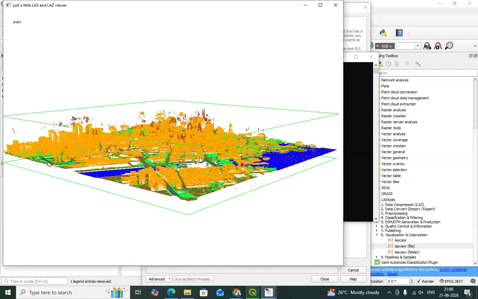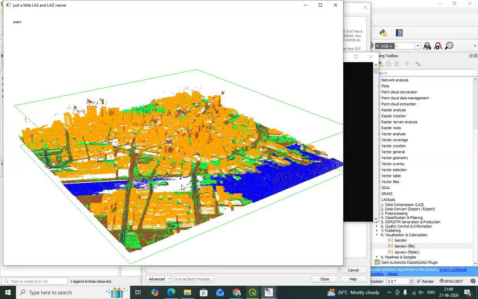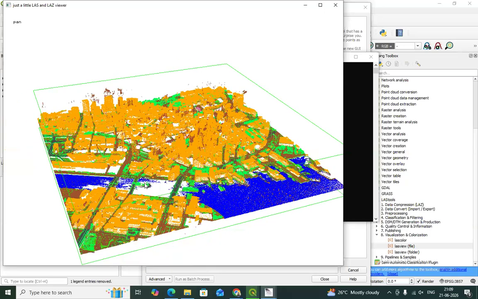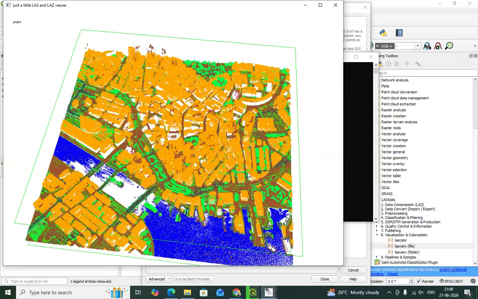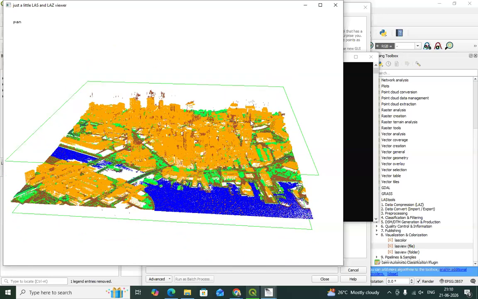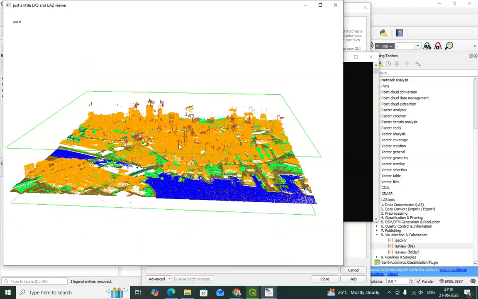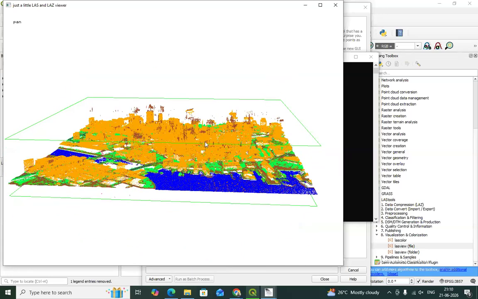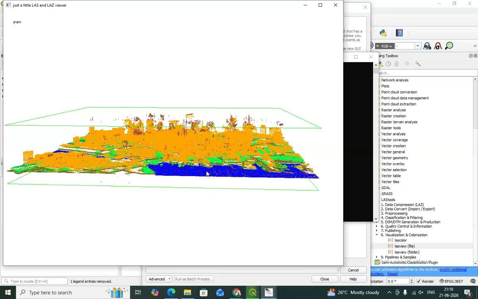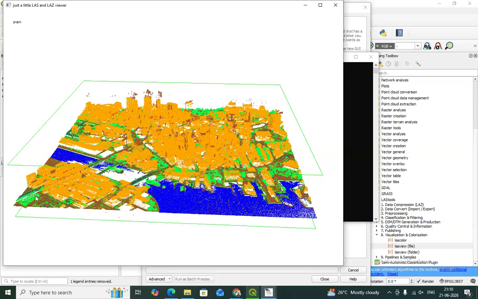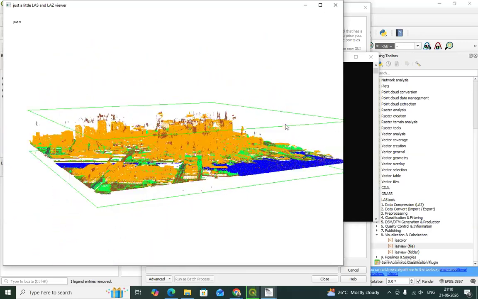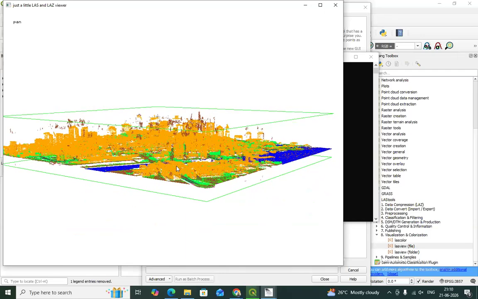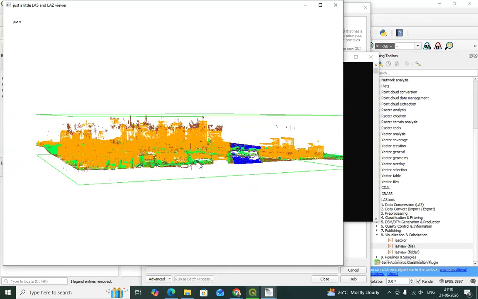You use the mouse click and you can definitely render the data. Okay, you can see different buildings. Buildings are in yellow and brown colors. You have noise also. You have blue as water body, green as the vegetation. Okay, you can visualize the data like this.